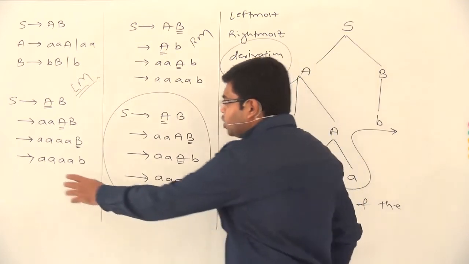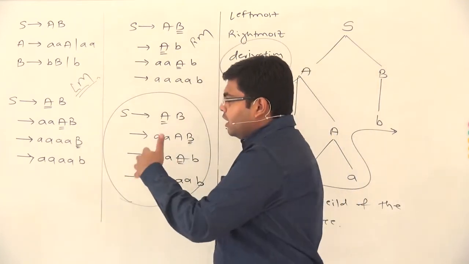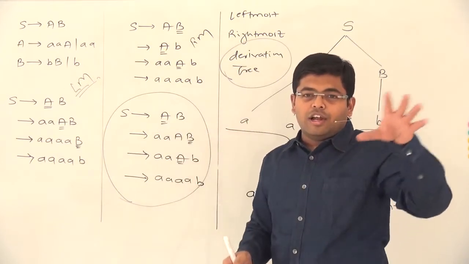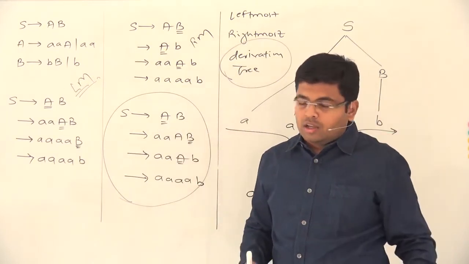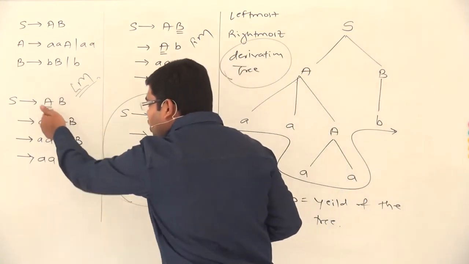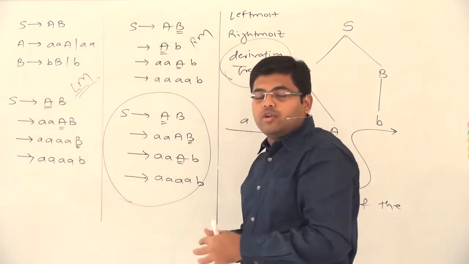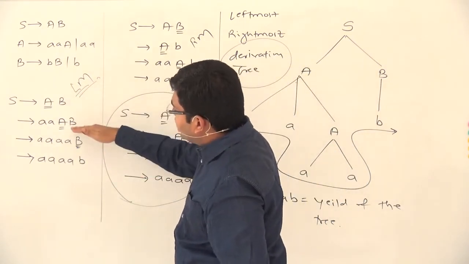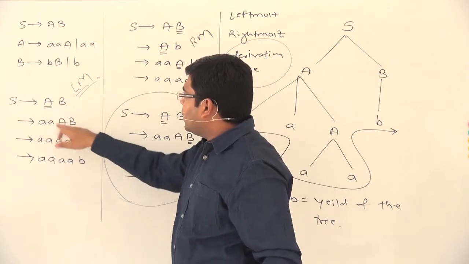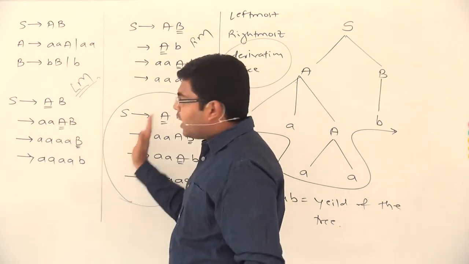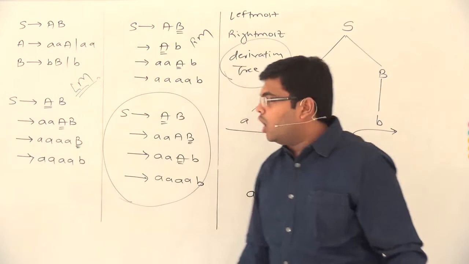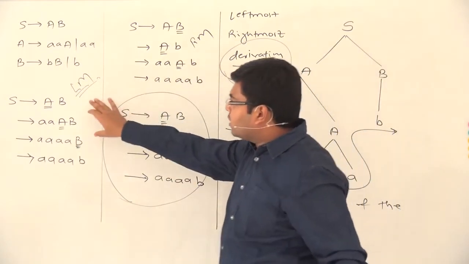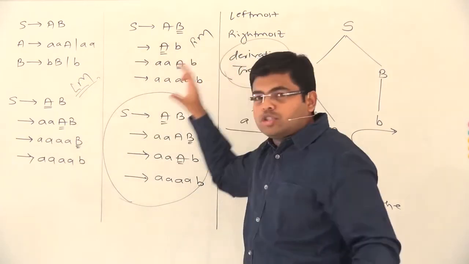And what is the significance of the derivation tree? Whenever you write down actual derivations, the derivations can be categorized as leftmost, rightmost or neither, because which variable you are replacing matters whenever you write down a derivation. Whenever you go from one step to another, you have to select the variable that you are going to replace, and your selection can be based upon the leftmost variable or the rightmost variable, and correspondingly you will get either leftmost derivations or rightmost derivations.